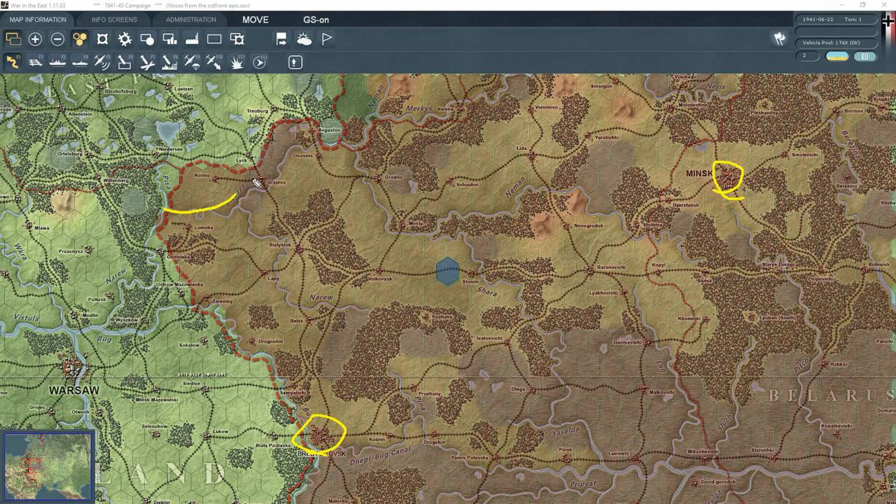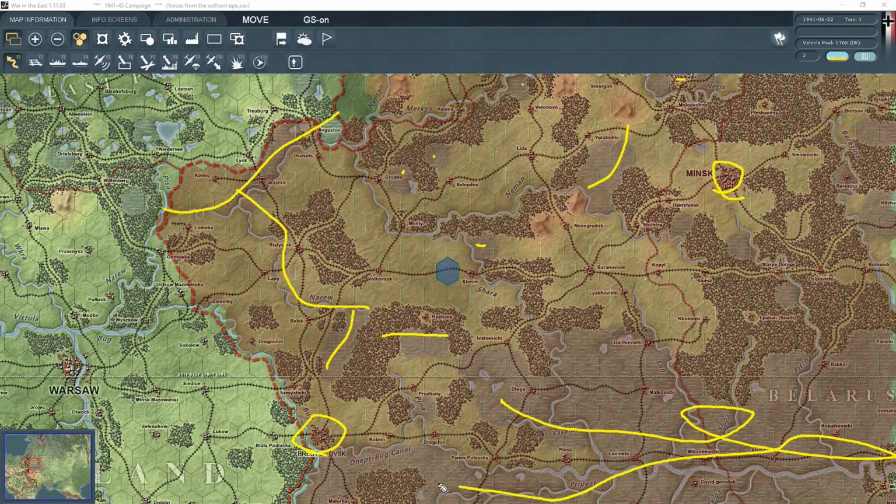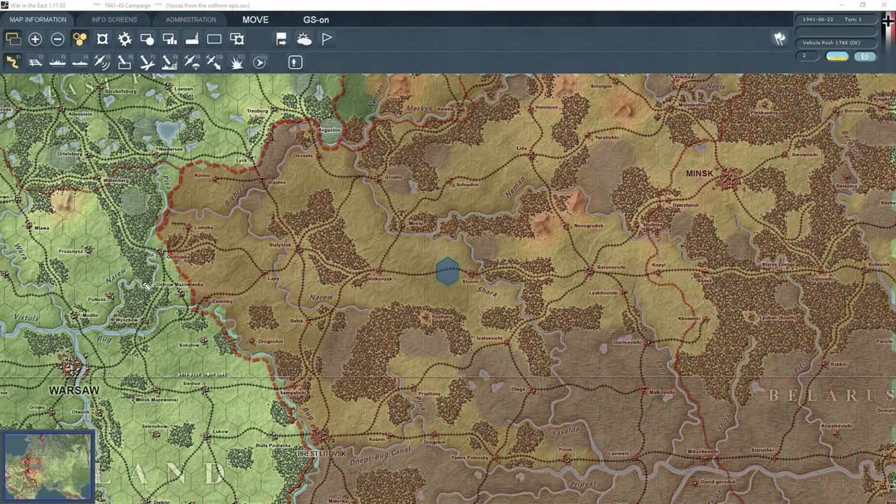The only issue is these bloody river lines. They cause me issues. There's a lot of swamp in this area, which is not good. Swamp all over the goddamn place over here in Belarus. So we need to avoid that. So the best method for us to actually advance over here towards Minsk is... see, I'd love to try and isolate and destroy Brest-Litovsk in the first turn. Now, it could cost us some units, but I think for the most part...